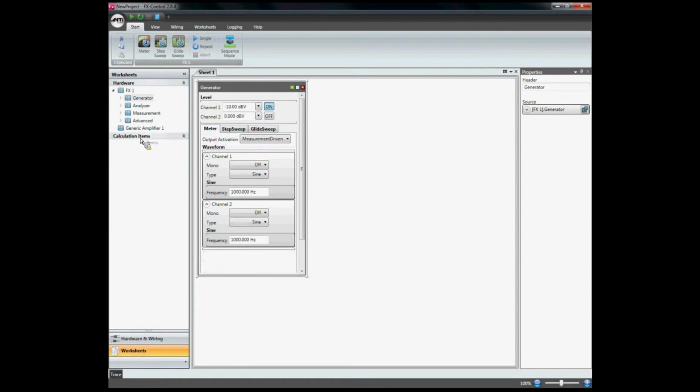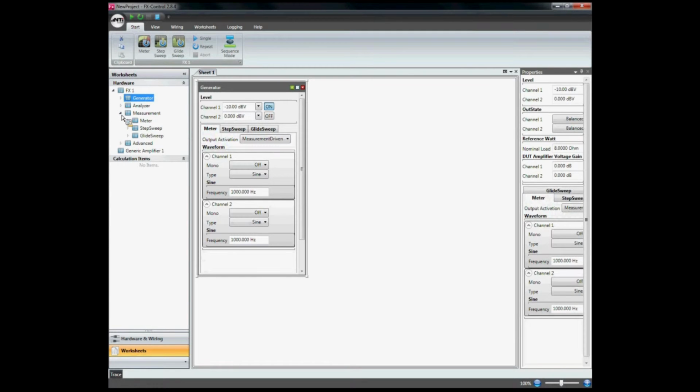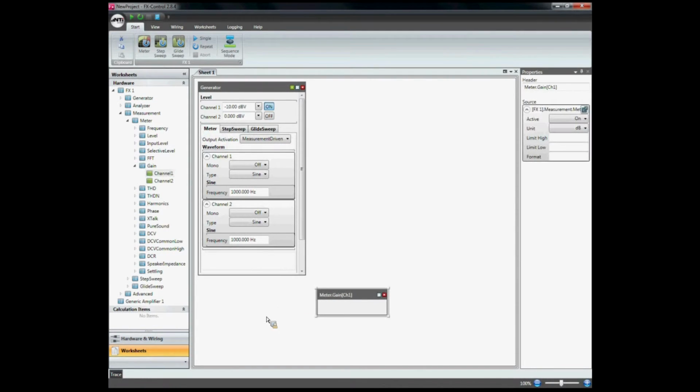For that purpose I go here into the measurement tree, meter, and I select the gain of channel 1. I'm already ready to execute that measurement, run, and you can see here it's about 29 dB.